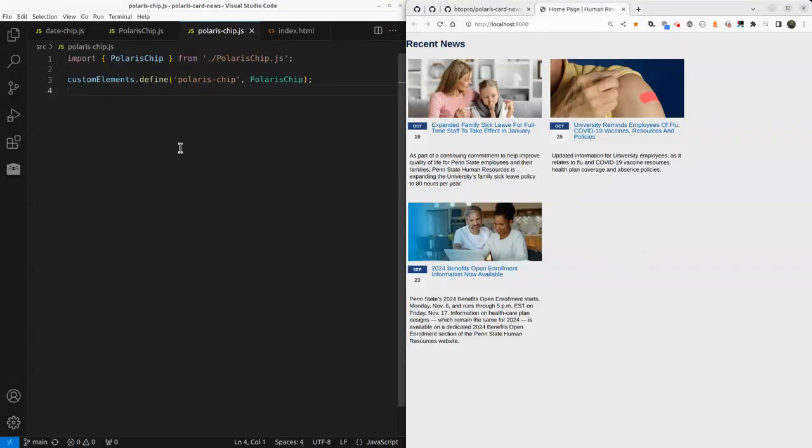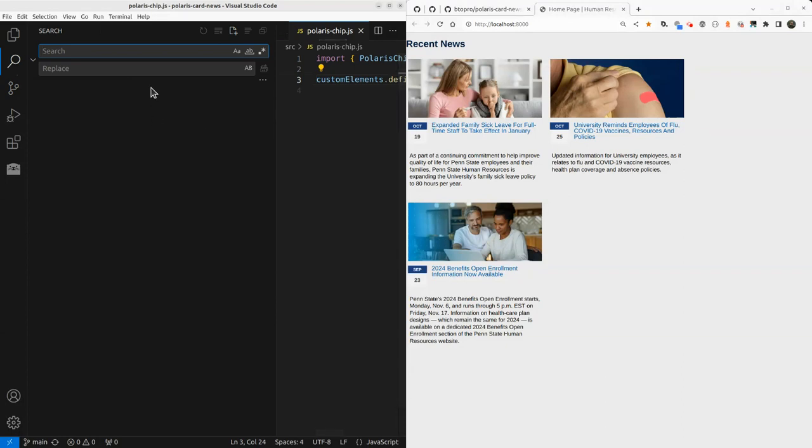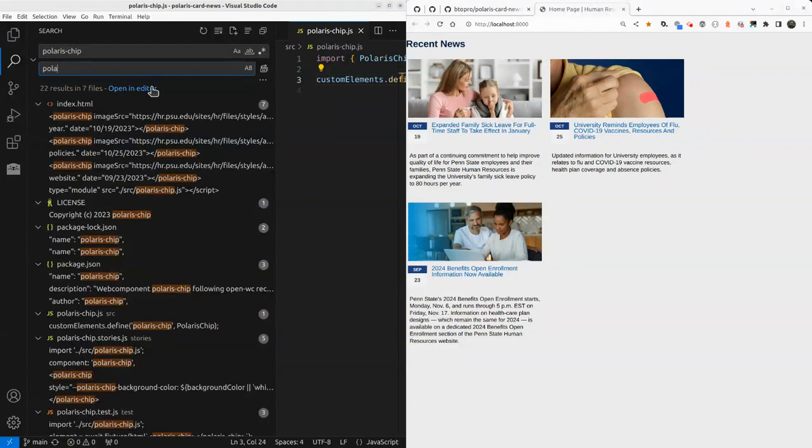All right. So first off, we're working on polaris-card-news here, right? So it's a specific type of card. It's specifically for news. You see it over here. That's what we're trying to replicate. So it's not a chip. Okay, so Polaris chip. It is Polaris